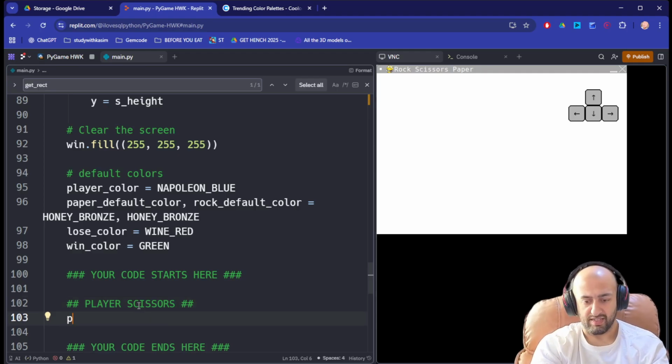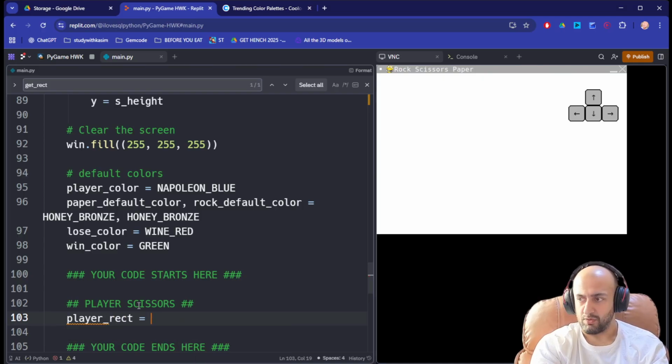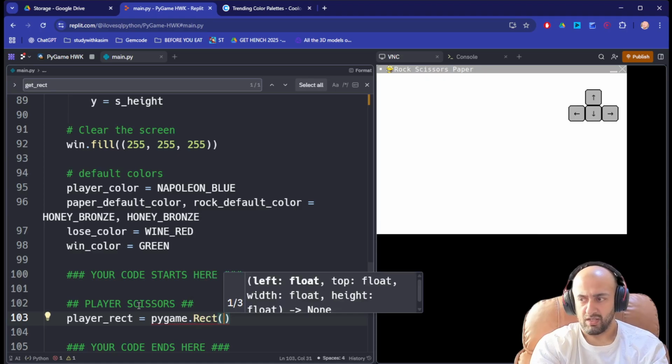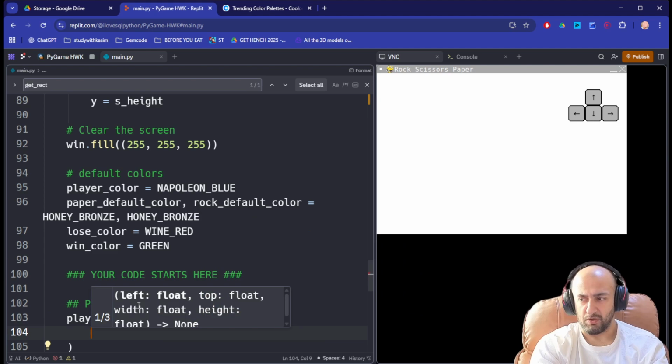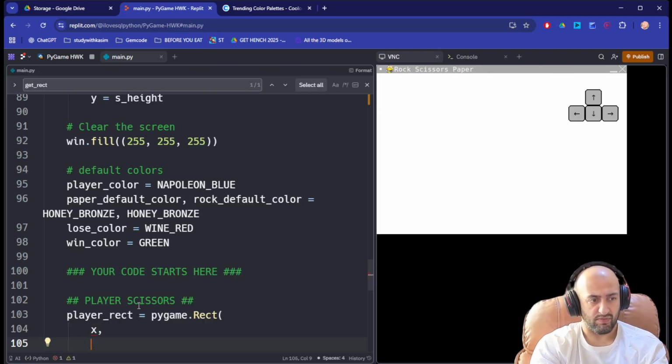So we're going to say something like this. Player rectangle is going to be equal to pygame.Rect. We're going to attach this to, or rather we're going to give it some value. So let's give it some values. Let's just say it's going to be in the middle. So we'll say x, y,